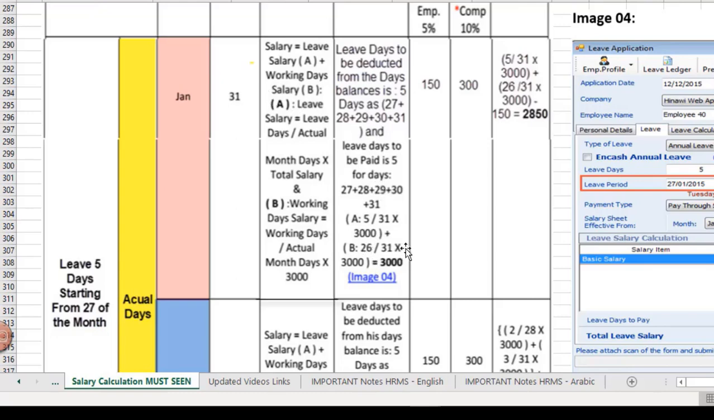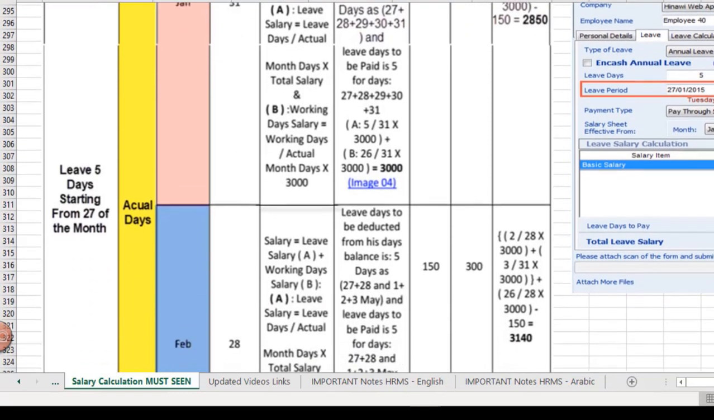And then if we add them together, as you can see here, we will have this total salary. If we want to consider the pension, the employee pension, and take it into consideration, it will give us the following net amount. Now let's see in February,